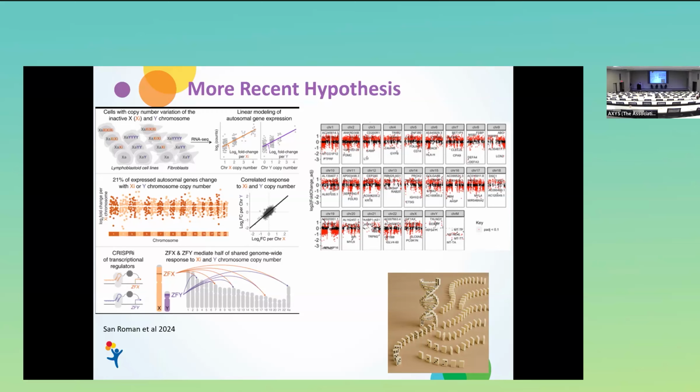So I put up the picture of the dominoes, thanks to ChatGPT, trying to demonstrate that it really is almost like a domino effect, right? We have the presence of the X chromosome, but then that presence goes out and branches into other areas of the genome, causing certain genes to be upregulated or downregulated. And it really is causing this bigger effect throughout the genome, not just based on the genes that are present on the X or the Y. So it's an exciting time in science, and we still have a lot to learn,